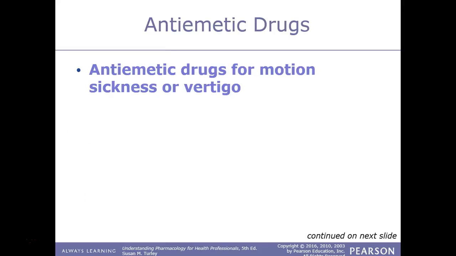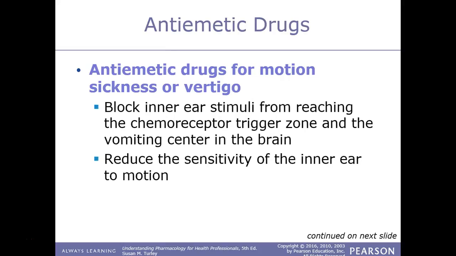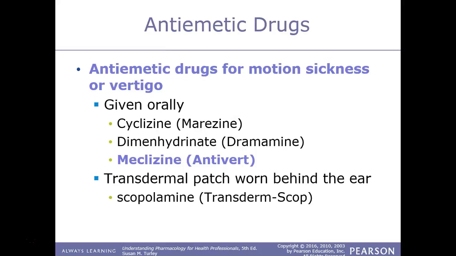It upsets the balance and stimulates the vomiting center in the brain. Antiemetic drugs that are used specifically for motion sickness or vertigo are to help correct that feeling of fullness or that disruption. So we often will use anticholinergic drugs, which block the inner ear stimuli from reaching the chemotrigger zone and reduce the sensitivity. So the drugs that are listed here are all anticholinergic, and two of them actually,